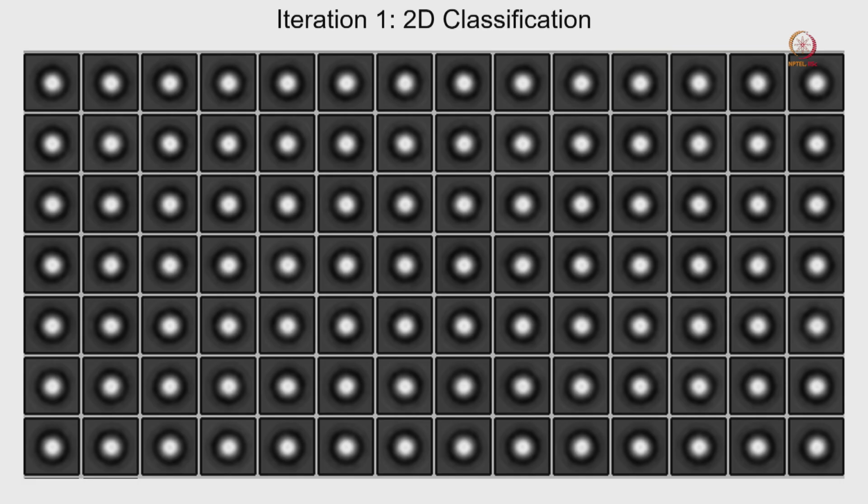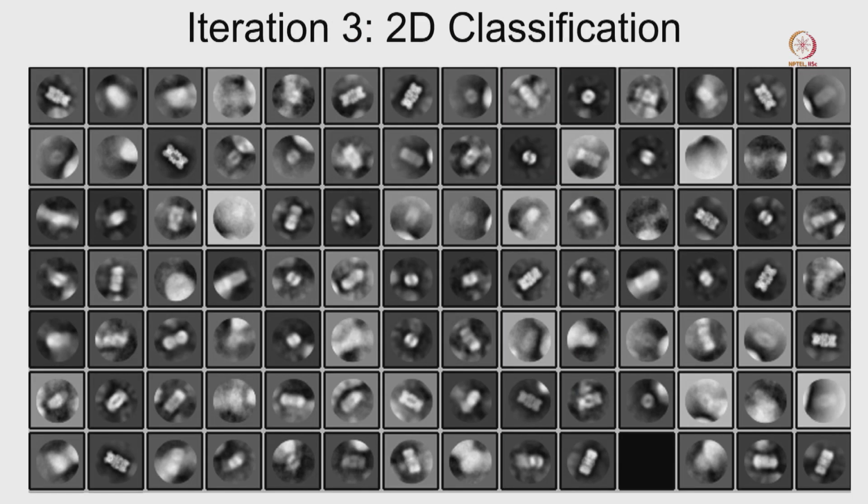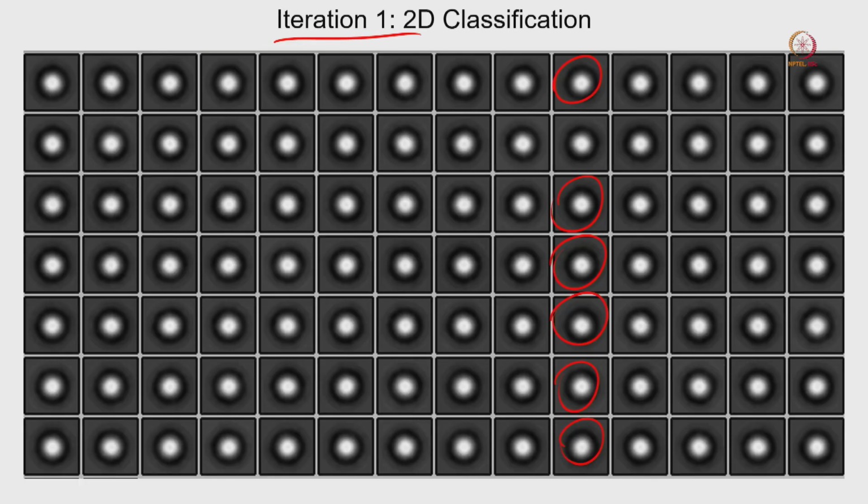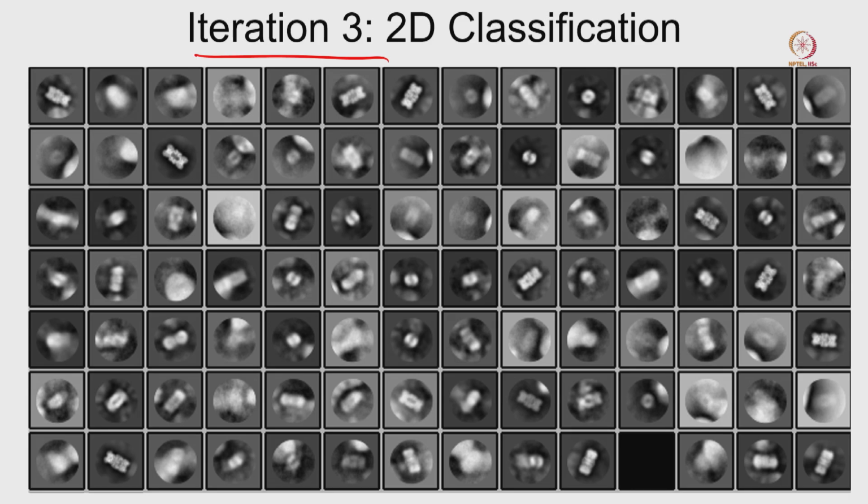So next let us take a look at cryo data. This is one cryo dataset we processed in our laboratory that I am showing here. This is a 2D classification of the cryo data, and this is the first iteration. If you recall, this is the low frequency signal, and all are looking like a globular shape. There is nothing new here. Now if we go to iteration 2, you can see there is a drastic change between iteration 1 and iteration 2. The shapes are changing.